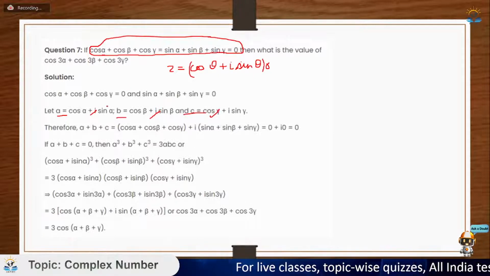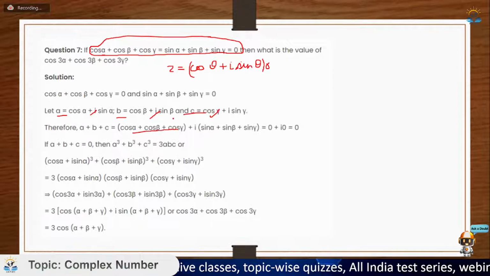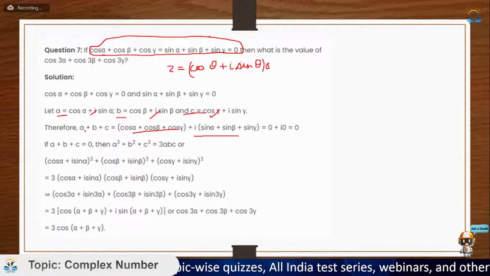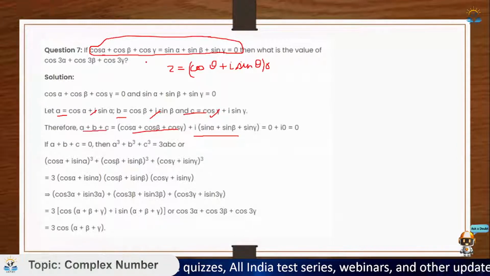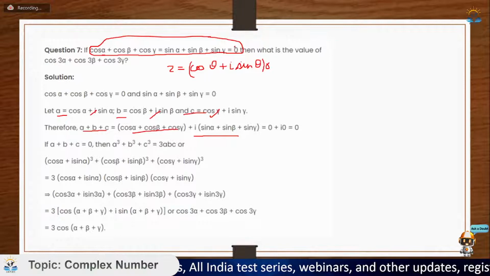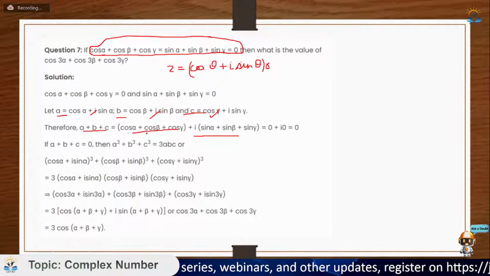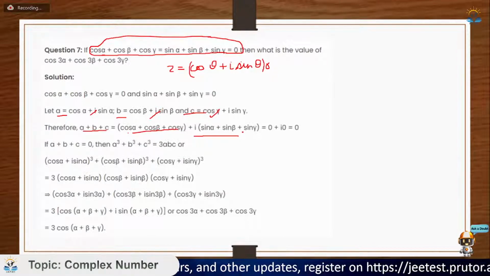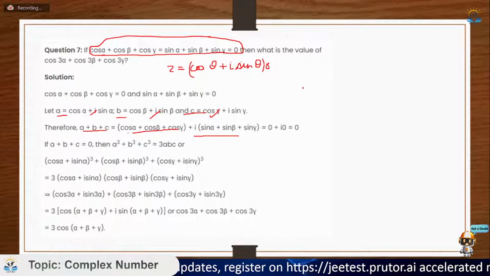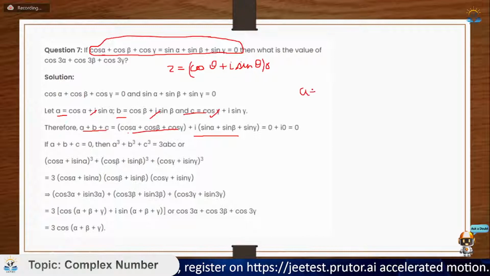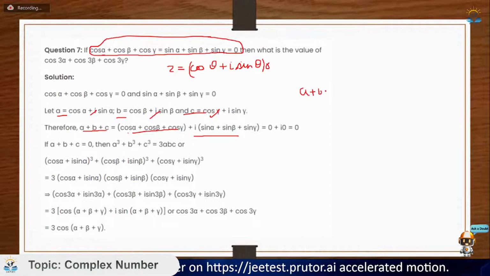And now add all these three complex numbers. On adding, you will get cos alpha plus cos beta plus cos gamma plus iota times sin alpha plus sin beta plus sin gamma. And since this thing is equal to a plus b plus c, and since these two expressions are given to be equal to 0, this thing is equal to 0. So this is something like a plus b plus c equal to 0. And we have studied that a plus b plus c